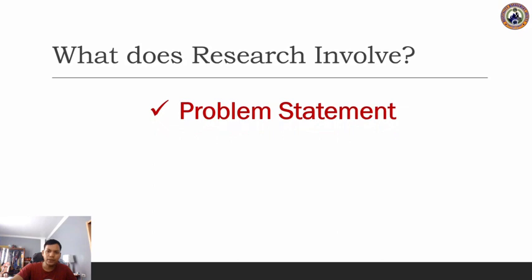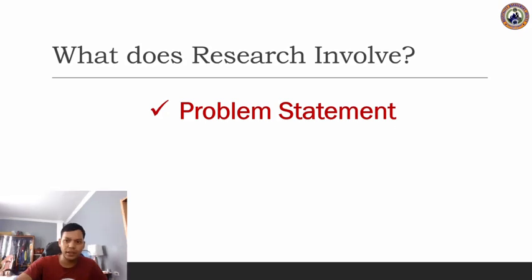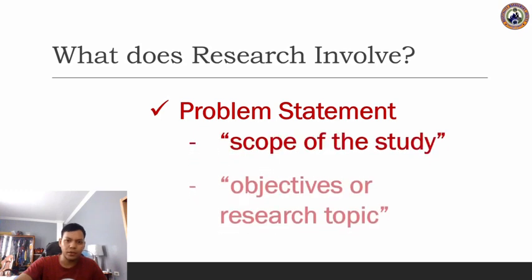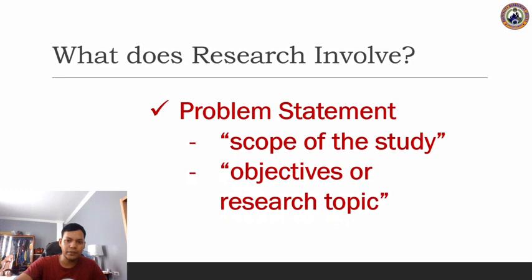Research often follows a systematic approach known as the scientific method, which is carried out using an hourglass model. So the research project first starts with the problem statement. This is one of the important parts in your research paper, the problem statement, or rather the research purpose for engaging in the study. This can take the form of the scope of the study or the aims and objectives of your research topic. Again, this is the first thing that you need to do. You need to take note of this one.